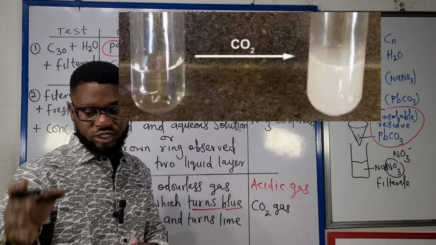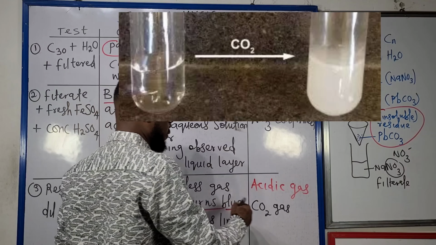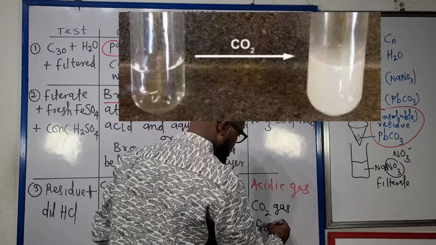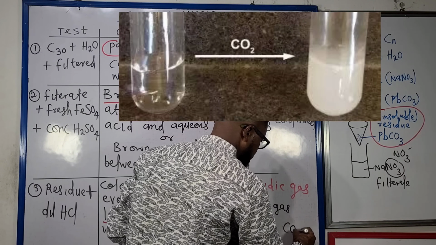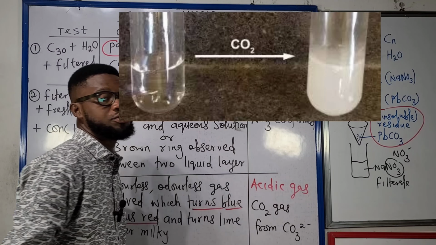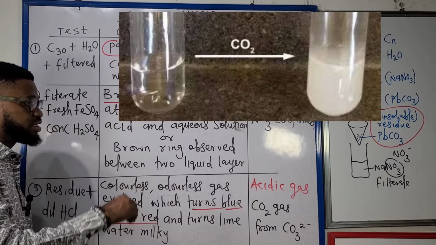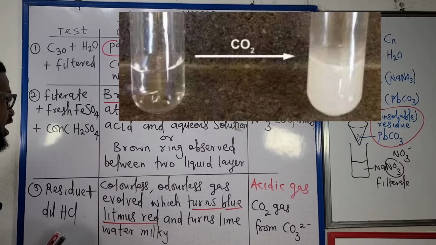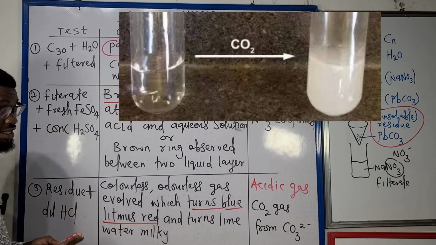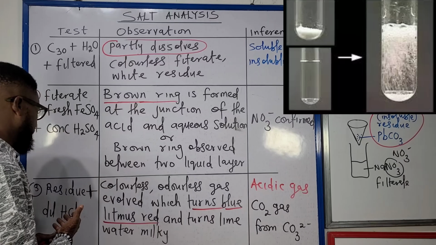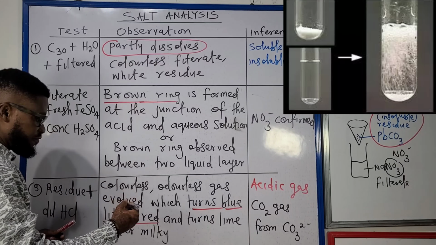CO2 gas. So when you say CO2 gas, it's going to be from CO3 2 minus. So CO3 2 minus, that's trioxocarbonate IV ion confirmed. There, look at it very well. Residue plus dilute HCl. Yes, depending on how you see things, effervescence